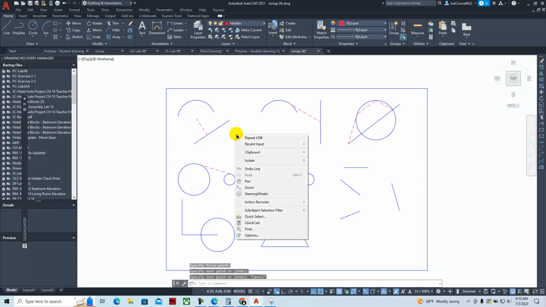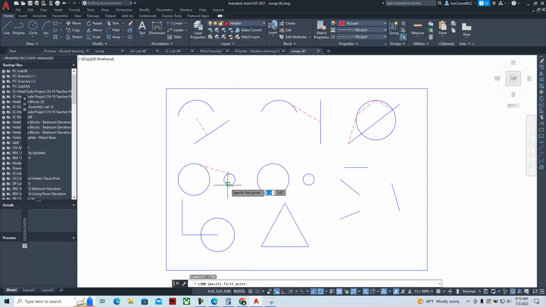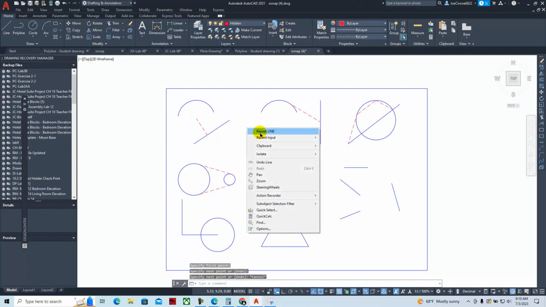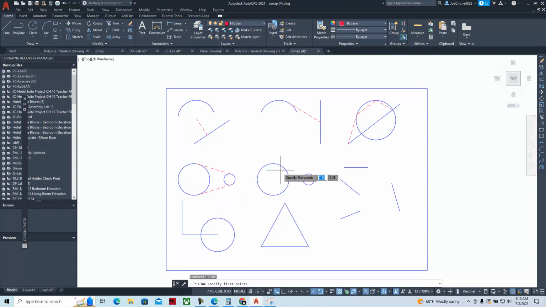escape, right mouse click, repeat the line command, tangent, tangent, escape, right click, repeat the line command,